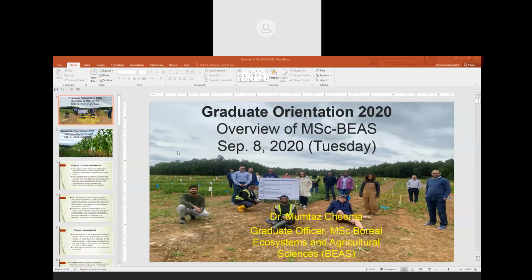Okay, so good morning here at Newfoundland time. All grad students, I'm sure there will be a time zone difference. This is the one picture I purposely chose. You can see in the white coat the new president, Dr. Timmons, and a few grad students, really socially distancing, but at the same time you can see our field in the background. I like that picture. So I thought just to share our new grad students.